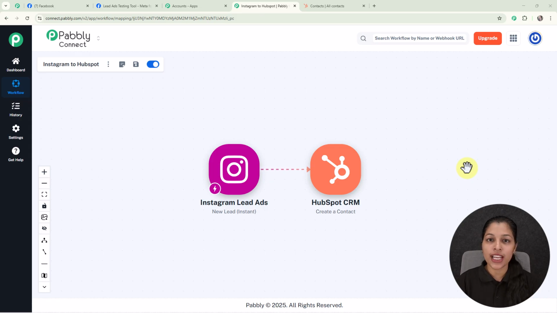So in this video we are going to learn how to add Instagram leads to the HubSpot CRM as a new contact. So right before you on my screen you can see I have integrated two applications, that is Instagram lead ads and HubSpot CRM, and I have integrated these both applications by using an automation tool, that is Pabbly